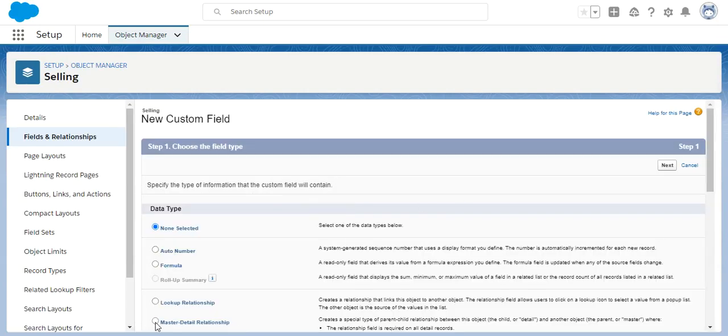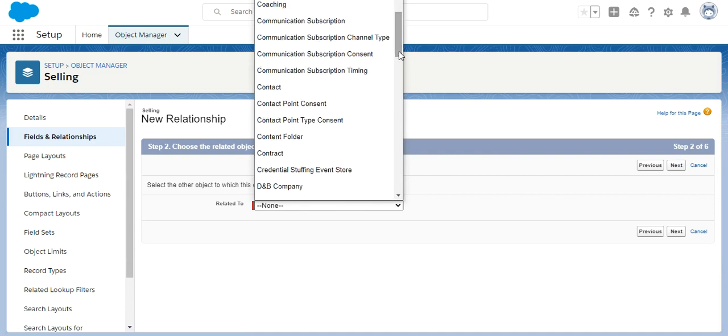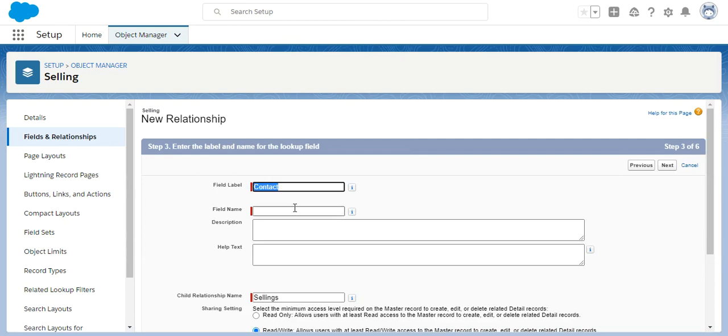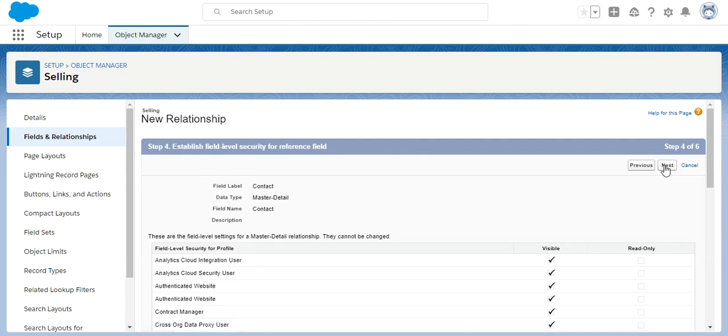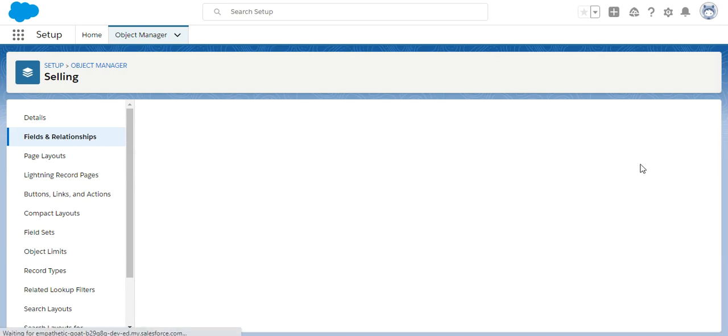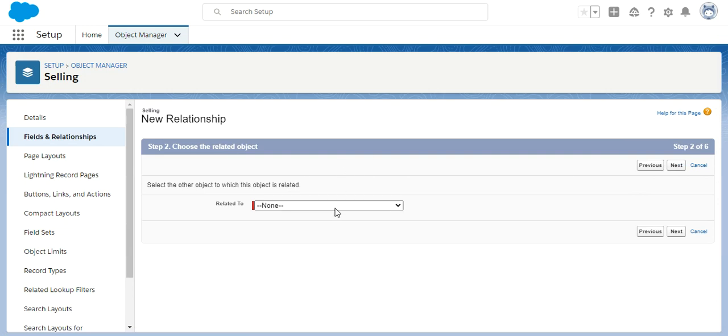Next. Save and new, and again create one more master detail relationship, and this time I'm choosing book.